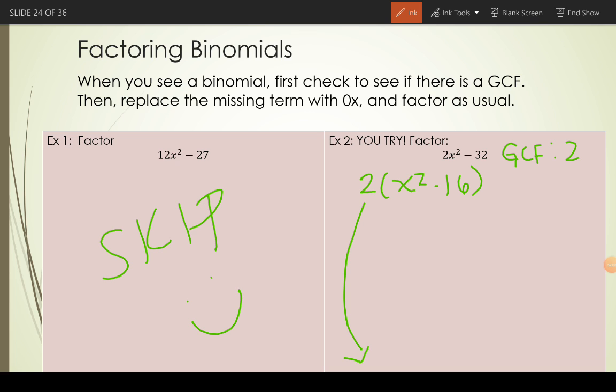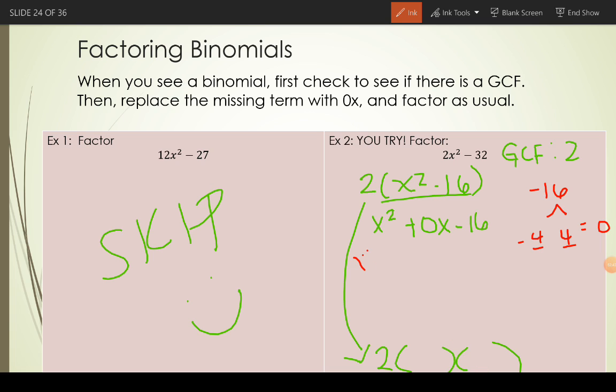We're going to drag this 2 to the bottom and set up our 2 factor pairs here. So what we're working with now is x squared minus 16. We need 3 terms, so we have to slap in a positive 0x between our x squared and negative 16. Now we can find our 2 magic numbers that multiply to negative 16 and add to 0. Remember, the magic numbers for binomials are always going to be the same number with opposite signs.